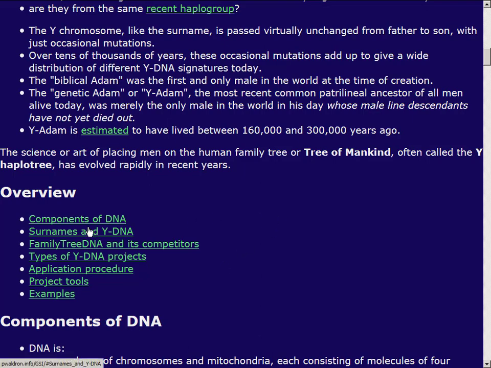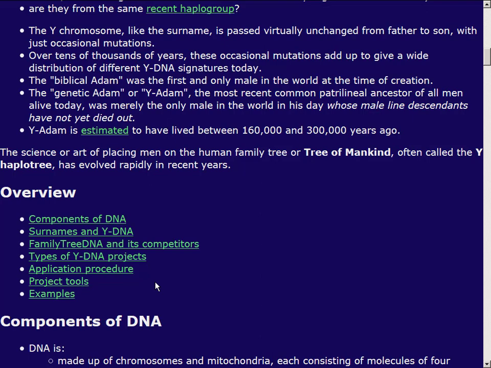So I'm going to remind you of the other components of DNA just so that you know how Y-DNA differs from what Ancestry markets every day. Talk about the connections between surnames and the Y chromosome. Talk about Family Tree DNA, which is the biggest company by far in the Y-DNA business, and the other competitors. Talk about the types of Y-DNA projects that you might join or you might volunteer to administer. Talk about how to apply to set up a project, some of the tools that are available to project administrators,